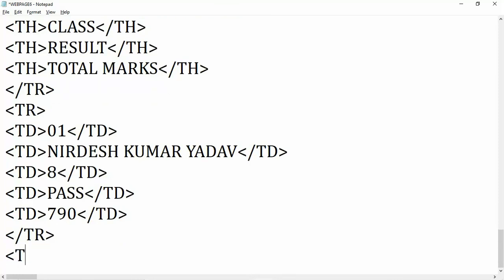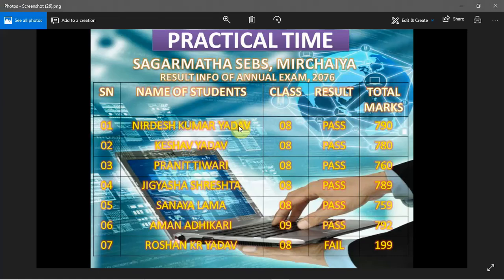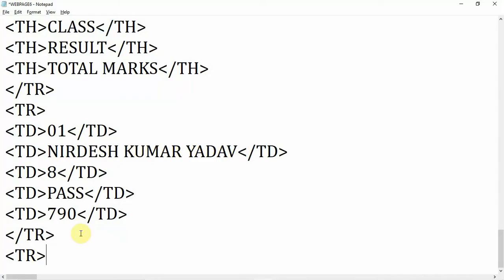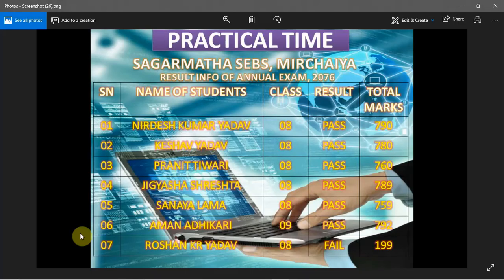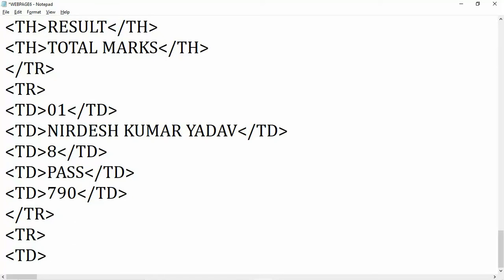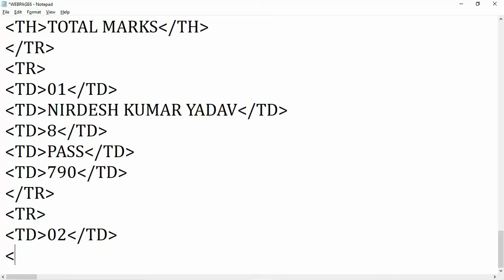Now again the second row is completed, so use the TR tag. Again start the TR tag, because now we are going to enter inside the third row. This is the third row, so again you have to give the TR tag. So this way you can create a number of rows. Here you have to give serial number 02, and close.